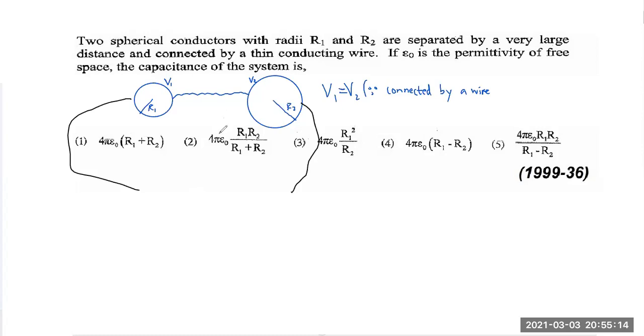Okay, right. So if they are connected by a wire, and if they have equal potential, that means these two capacitors, you can take this as a capacitor, this is C1, and you can take this as a capacitor, C2. Since they are connected by a wire and their potentials are equal, these two should be considered to be in parallel, C1 and C2, because only when they are parallel are their potentials equal, correct?